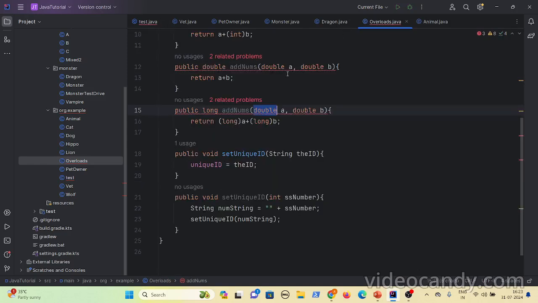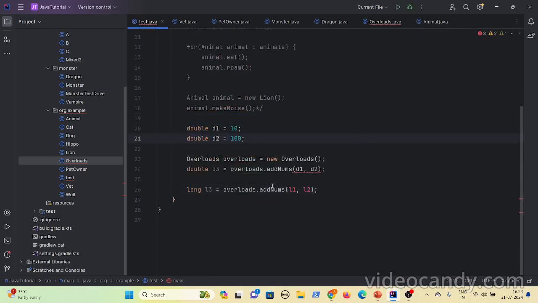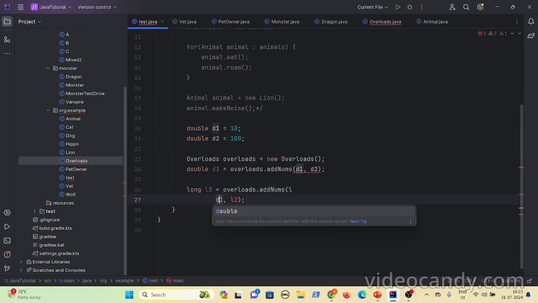In the overloads method it is accepting double, and even the number of parameters are the same, but only the return type is different. Now what you have done is you have two double values, and then you are invoking method add names, and then add names, right? You are invoking the method, but you want your return type.